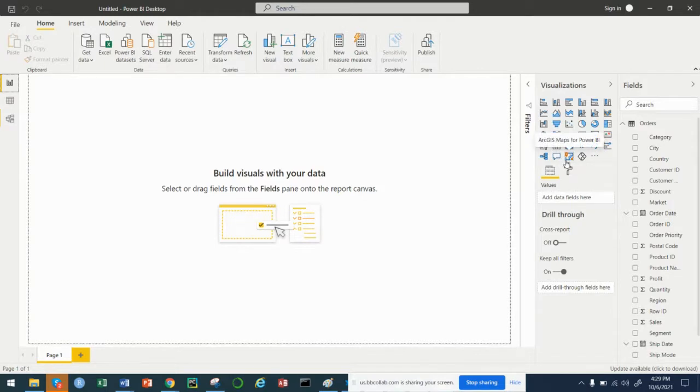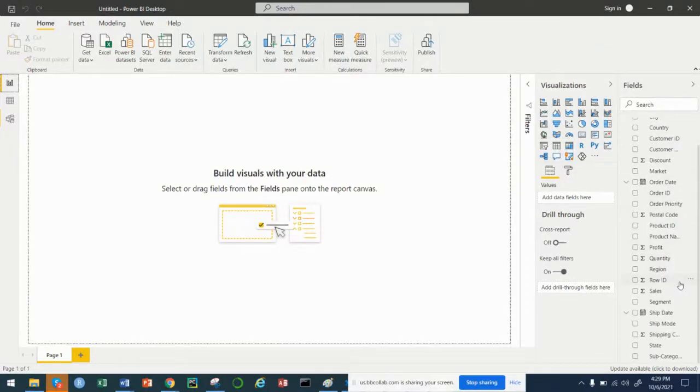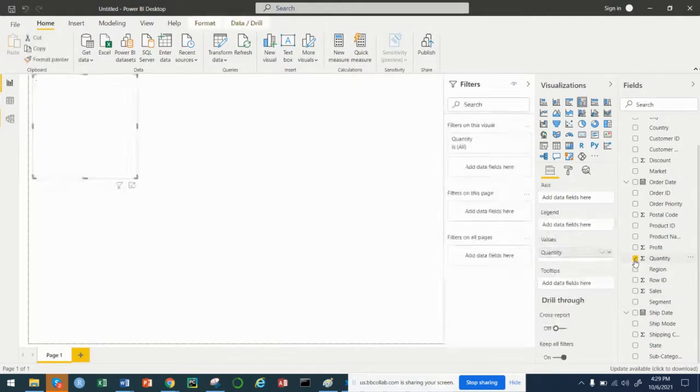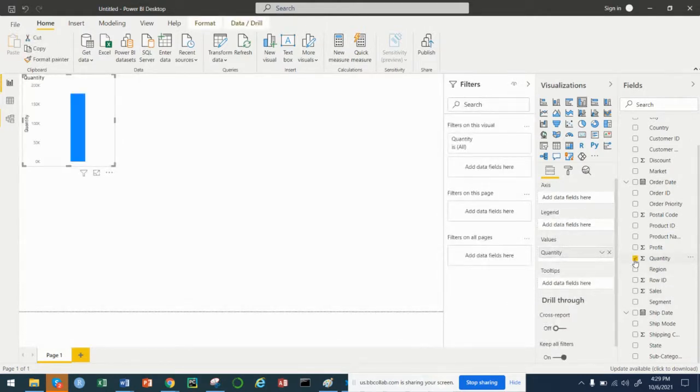But let's do something. How about this, you guys? I'm going to create a distribution of quantities sold in terms of counts, how many units I've sold by different categories. Look how easy it is to do. I'm going to scroll down and find quantity, Q, right there. Quantity is a numerical field. So I'm going to click on that, select it, make sure that it's selected, and it immediately gives me